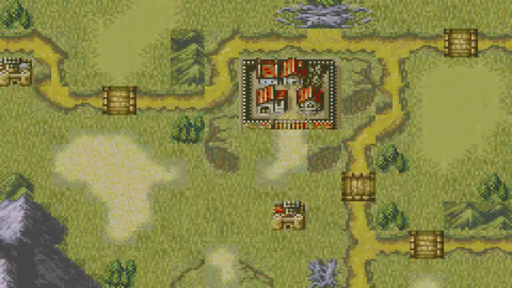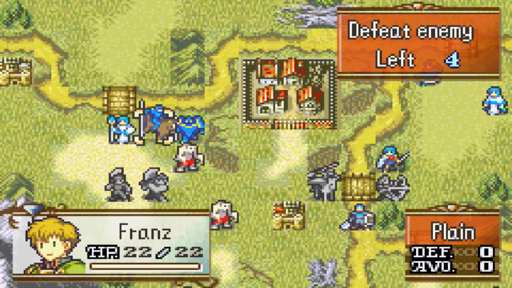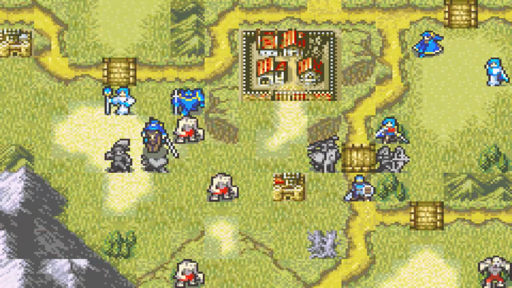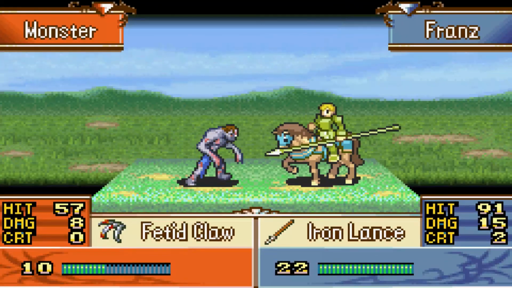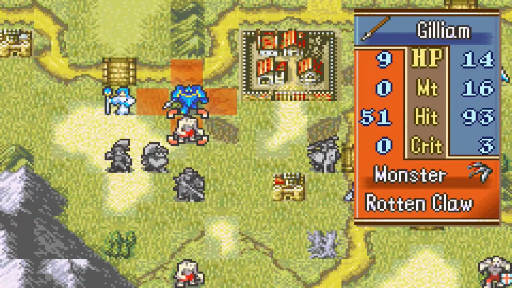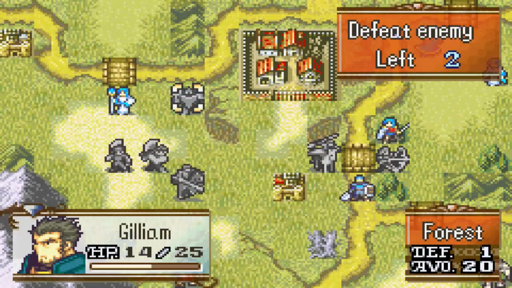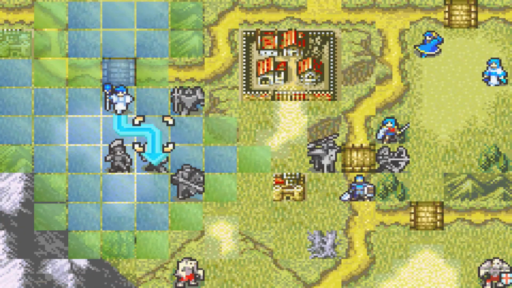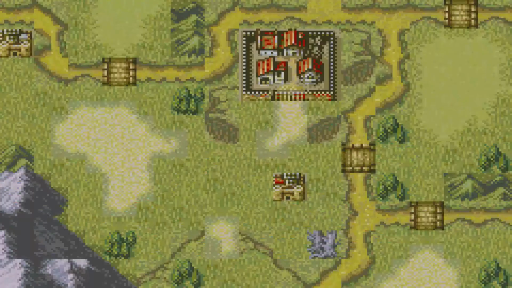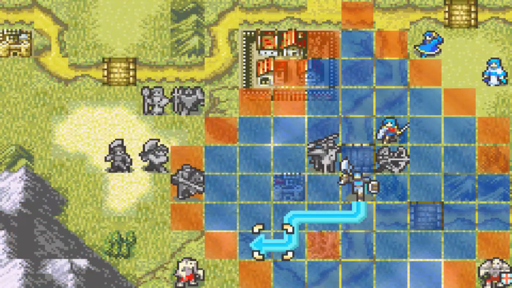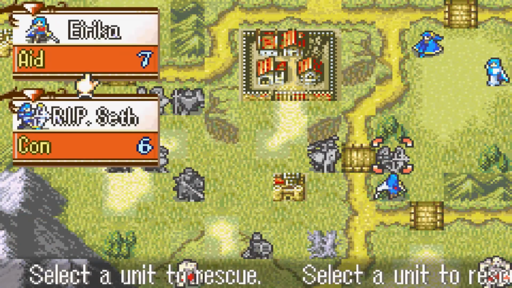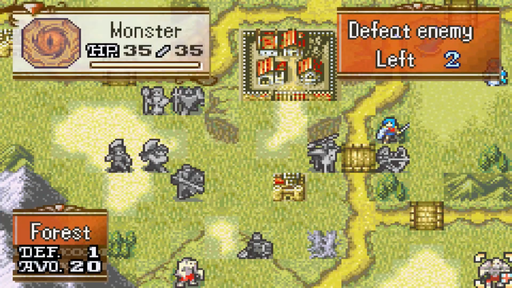But since we've split up, we need to be very careful with who we're going to use. Franz can finish this. Well, Franz actually doubles, so let him finish off this zombie over here, or Revenant, whatever. And then Gilliam can finish off this guy. Perfect. We have spent all of our units. We could have also used the Phantom, maybe. Let's heal Gilliam real quick. Alright, and now let's just lure this guy out. I can let myself actually engage this monster guy.